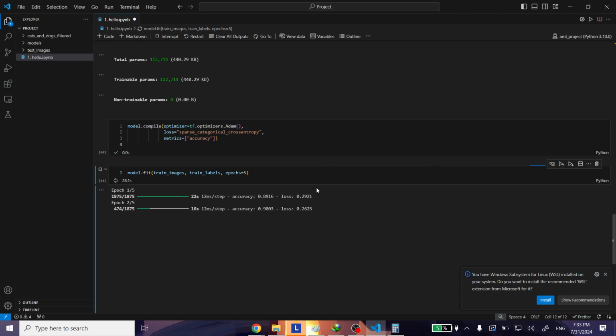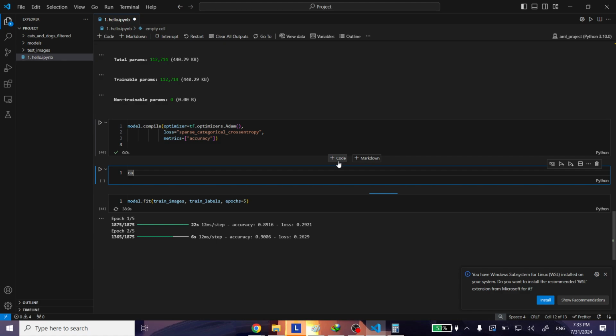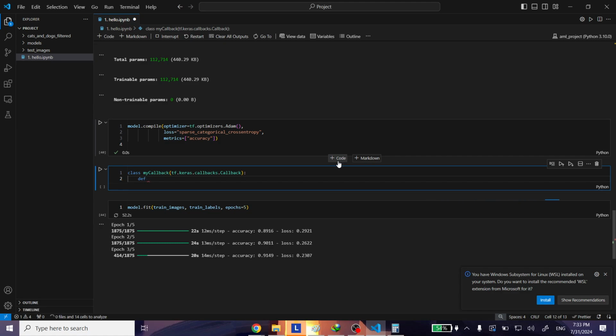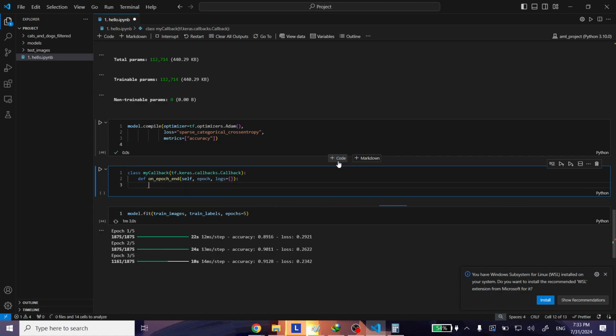So to reduce that, what we can do is we can write a callback. Okay, so we're going to write that right now. We're going to create a class of my callback, and we're going to introduce tf.keras.callbacks.Callback, and inside here we're going to define on_epoch_end. We'll have self, epoch, and a logs dictionary, and inside here we're going to say print, or before that,